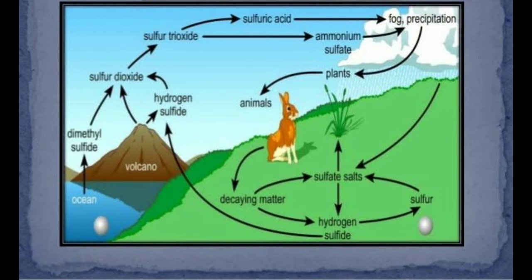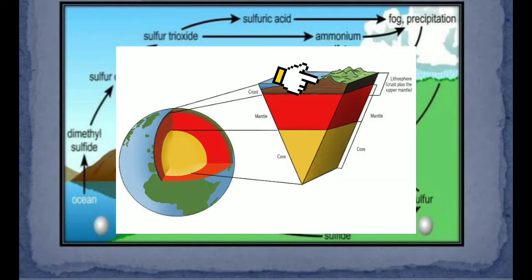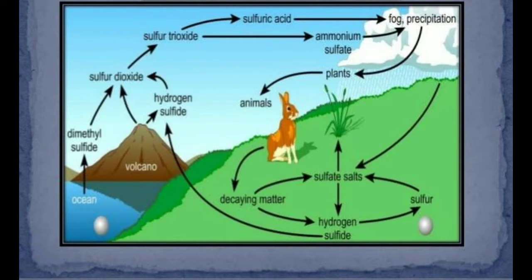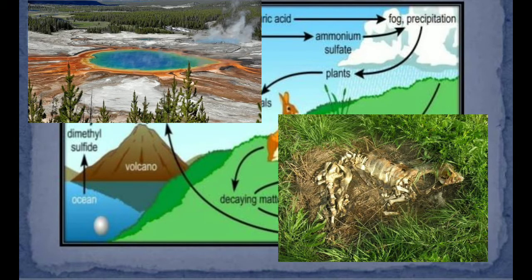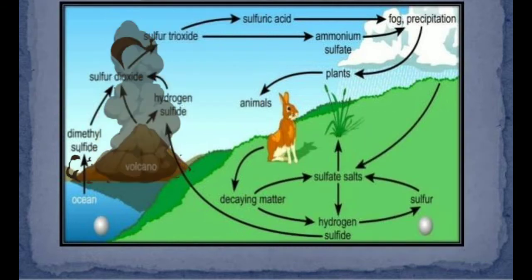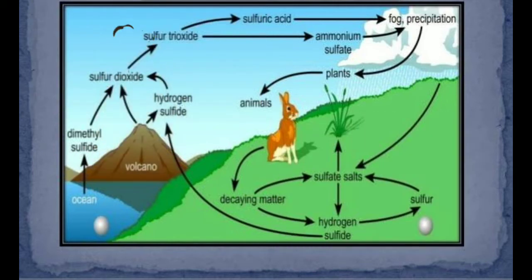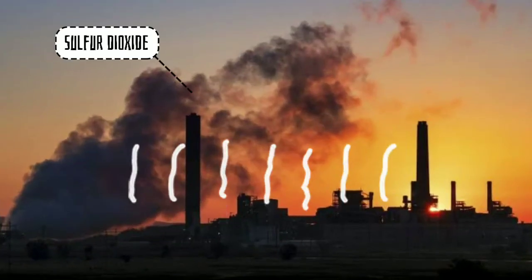Sulfur reserves are found in the lithosphere, which is beneath the ground. It is stored in rocks and in soil. Hydrogen sulfide and sulfur dioxide are released to the atmosphere through volcanic eruption, hot springs, and decay of biological materials. So when a volcano erupts, it does not only spew out lava but also the sulfur that is stored beneath the ground. Human activity also provides sulfur to the atmosphere, like burning of fossil fuels releases sulfur dioxide into the